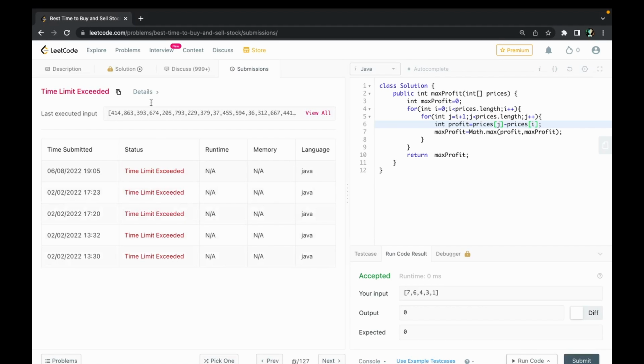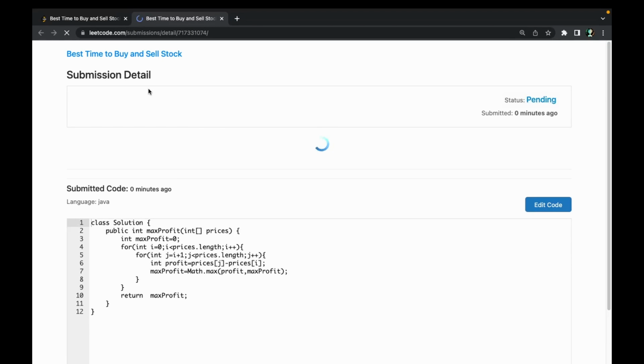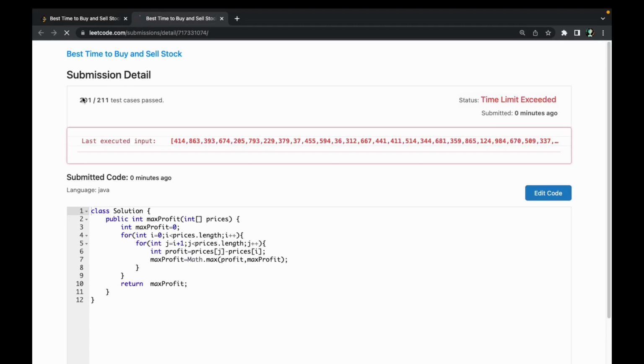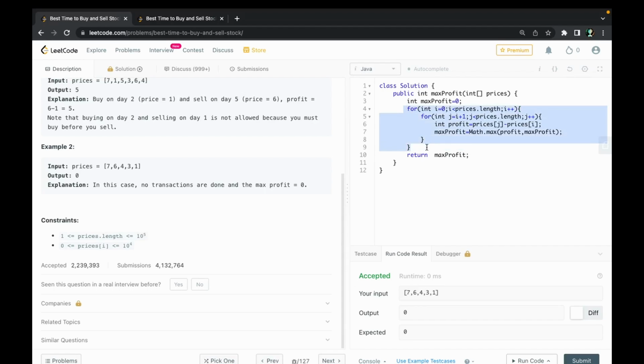Yeah, we see that our approach exceeded the time limit for the problem. Although it passed 201 out of 211 test cases, that means our approach was right, but it exceeded the time limit that we were given, because we are using 2 loops to solve that problem, and for every day what we are doing is,